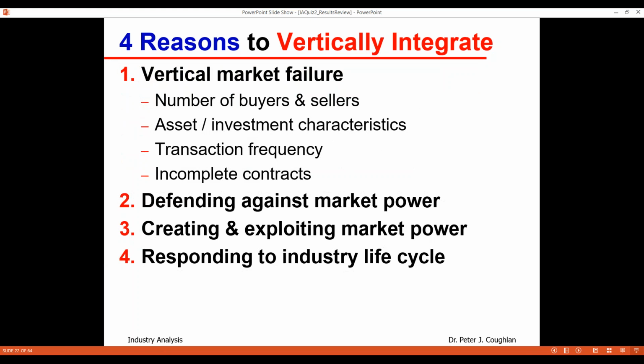Well, vertical market failure in the reading talks about 4 different categories to consider here. Number of buyers and sellers, the asset characteristics, or really the asset investment characteristics, transaction frequency, or incomplete contracts. Right? That's not the word he uses, but I'll explain what we mean by incomplete contracts there. So first of all, the number of buyers and sellers. Right? He says basically, look,